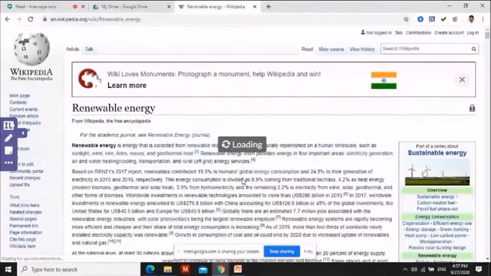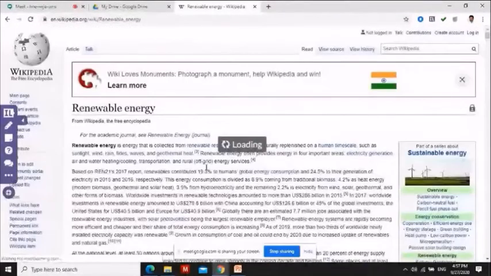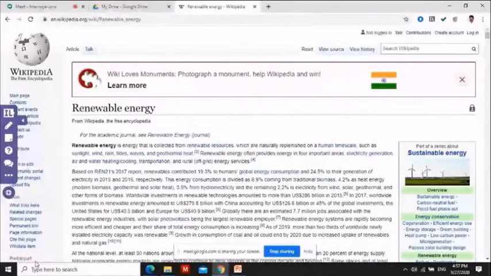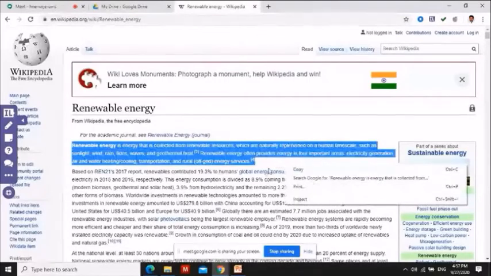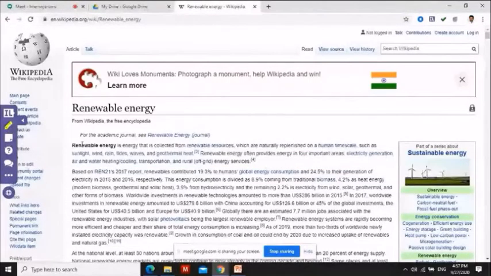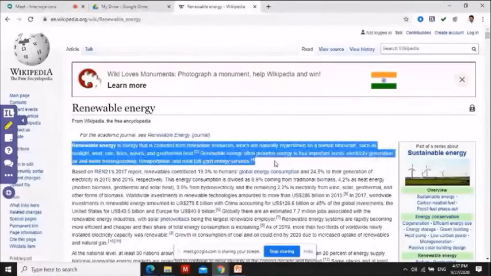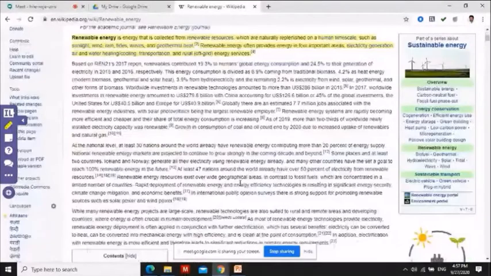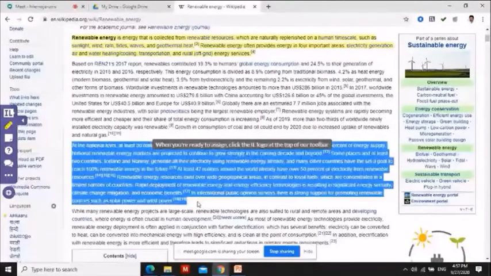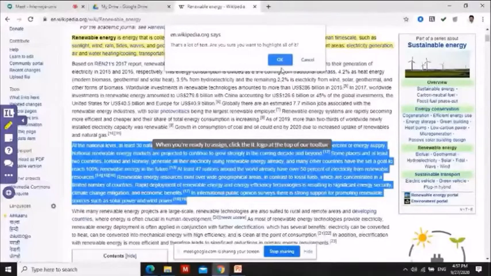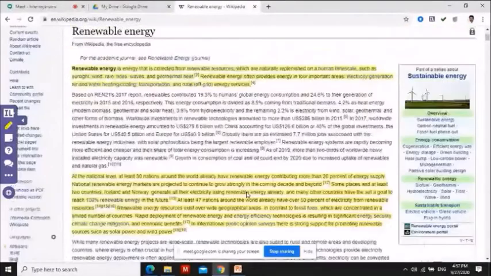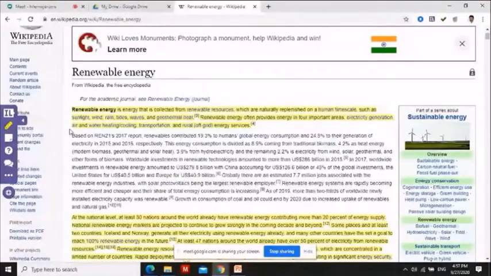As I have already logged in with my Google credentials, it takes me into the website directly. This is the tool used for highlighting some important points the student has to study. So click that. I'm just telling you what this is used for. Okay, this is the important area. So the first tool is the highlighting tool.